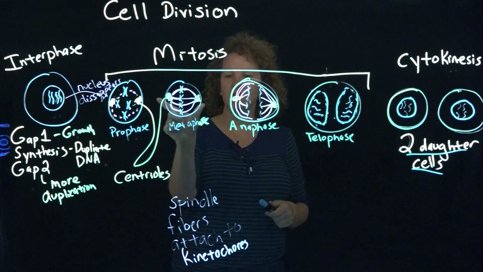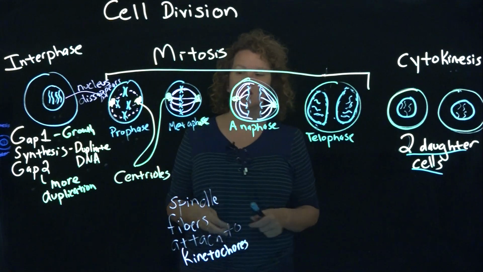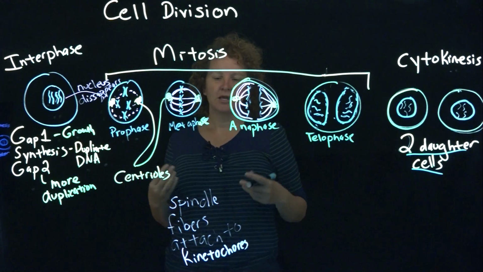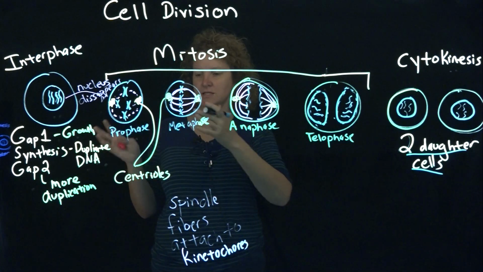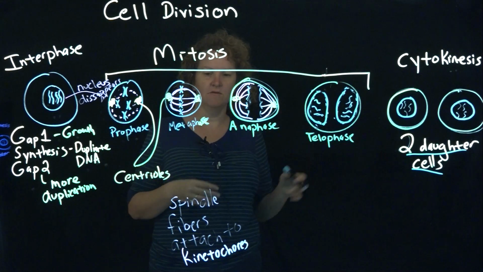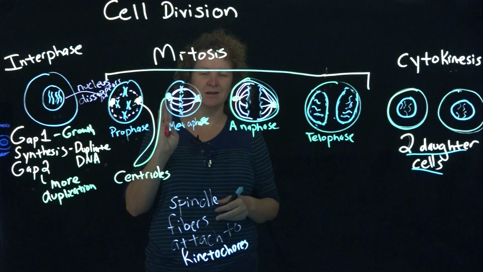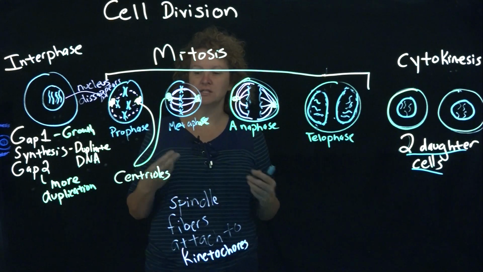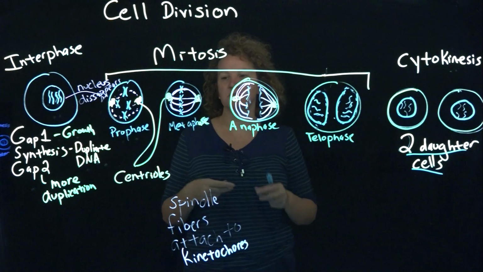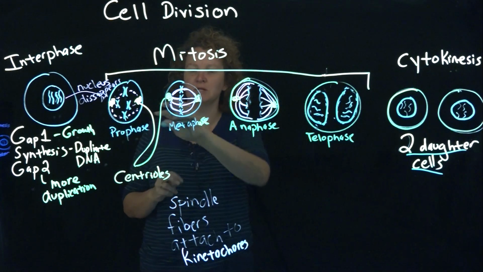And keep in mind, as I draw these distinctive processes, it seems like I'm jumping from here to here to here. It's like if we looked at ages in humans, and we looked at, okay, here's the puberty phase, and here's the infancy phase and adult phase. It's a slow transition, right? So we can't necessarily pinpoint that it started on this day or that day. So keep that in mind as you go through mitosis as well. We're showing distinctive identifying parts of those phases, but it's a slow transition.